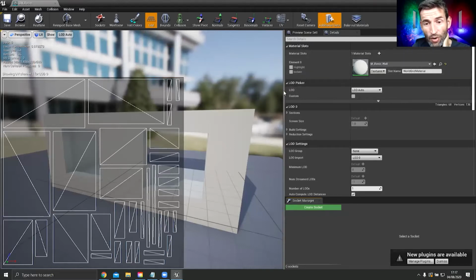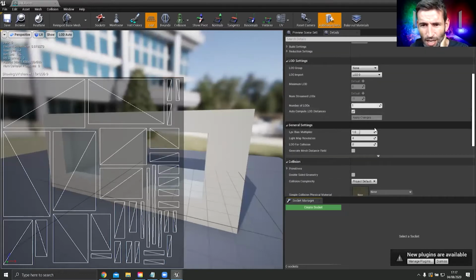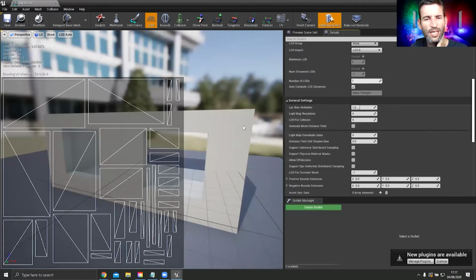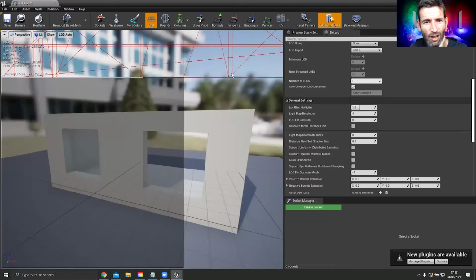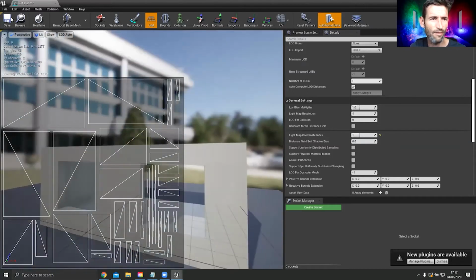The reason we were getting it rendering black is because this one's not being referenced. If I scroll down into general settings, and this was more of a byproduct of using the mesh that I did, when I converted it, its light map coordinate index is 0, so it's referencing this UV set for the light map, and we want it to reference this one. So I will change that to being light map 1, and now it's going to look here for its light map. So if I save that,